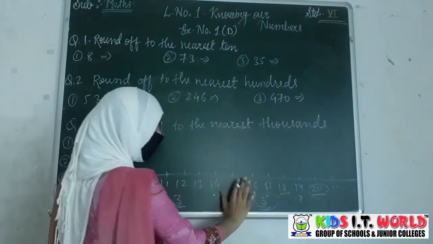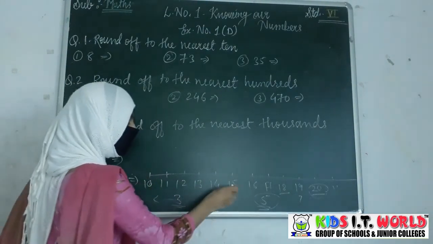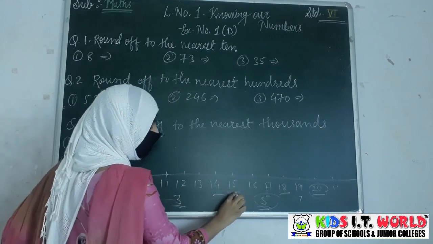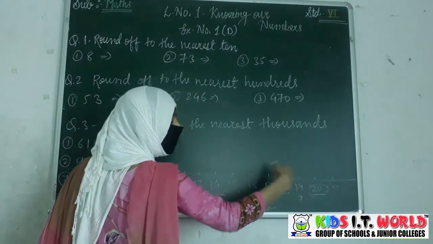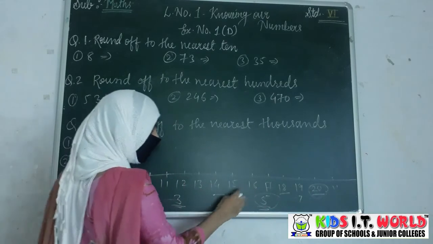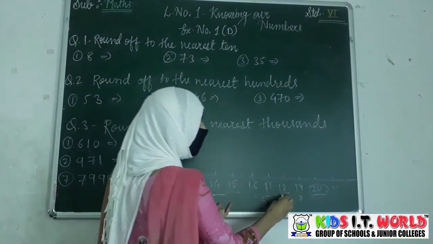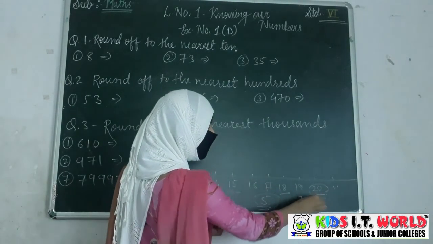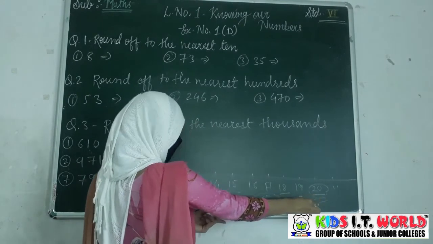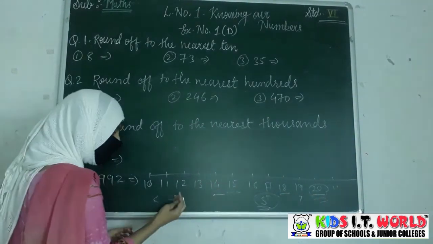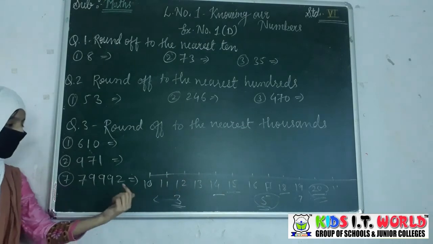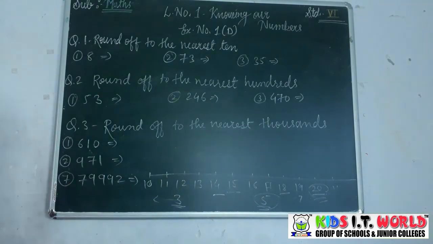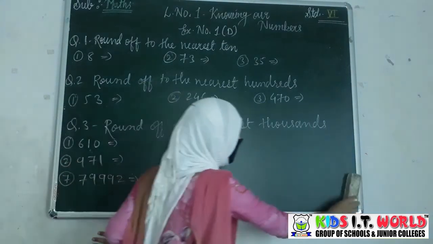First of all, in a simple way you can see if it is greater than half. Whatever the tens amount is coming to the next, मतलब अगर वो half से ज़्यादा है, 15 से ज़्यादा है, तो वहाँ पर देखना है आपको कि उसके आगे कौन सा टेंस का नंबर आ रहा है, that will be the nearest tens. And if it is less than half, then that will be nearest to the tens which is coming before that number. In this way you have to find the rounding of value nearest to the tens, hundreds and thousand.